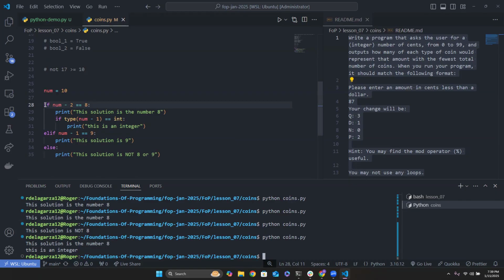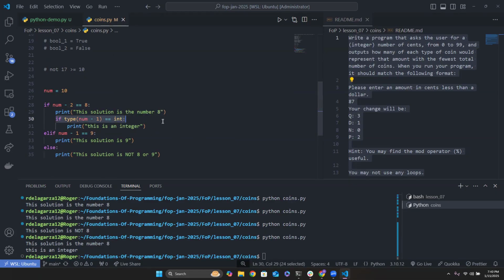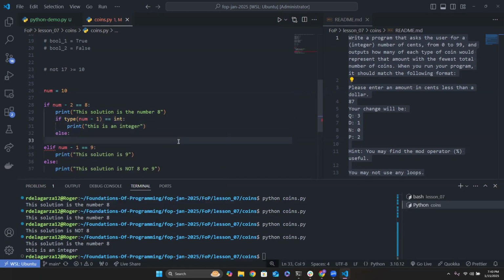When I start this on line 28, it's going to subtract 2 from 10, and check if it's equal to 8, which will pass, and it's going to print out line 29. But because this check passed, it's going to run everything within this code block. When it gets to line 30, it's going to check if it's equal to an integer, and if it is, it's going to print out this as an integer. And we can also add an else statement within here. So we can nest them